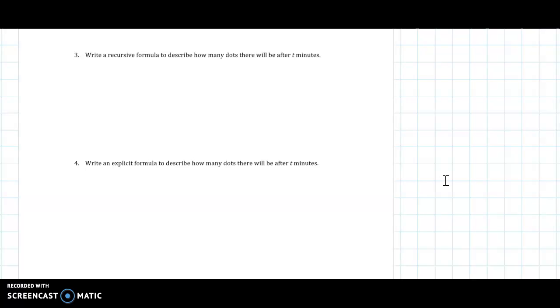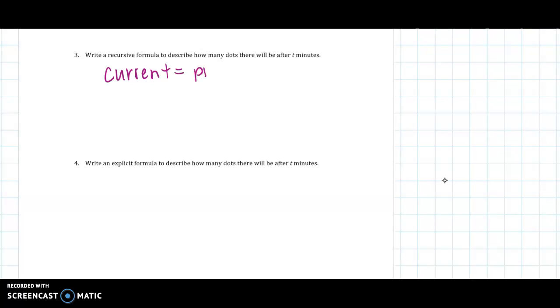I'd like you to try questions 3 and 4 before we go into class. For question 3, you're going to be writing a recursive formula to describe how many dots there will be after t minutes. Remember our lesson from yesterday. We looked at recursive formulas and defined it as the current